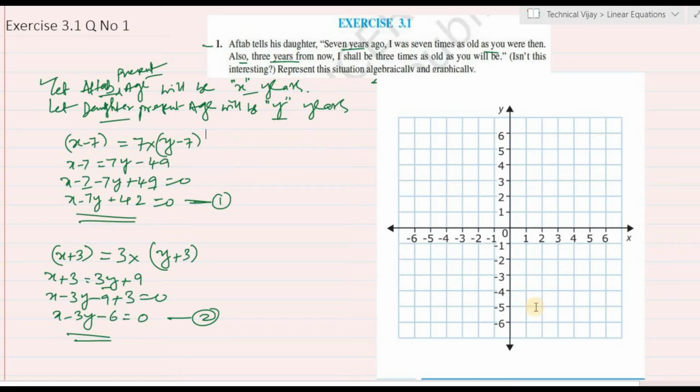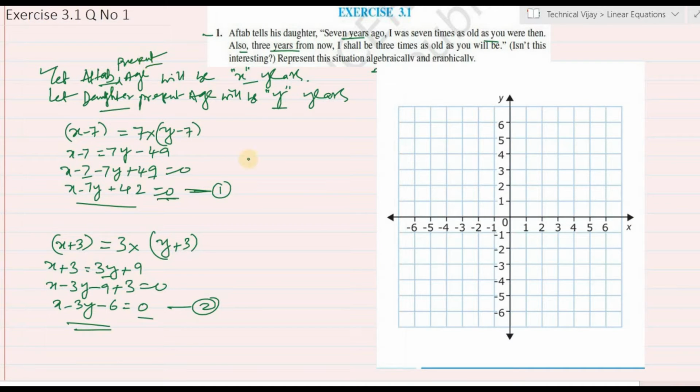So to represent these two equations graphically we have to consider the equations one by one, put x values and get the y values for both equations. Then we have to plot those values on the graph. So we will take this equation first. To find the x and y values from these equations, we have to substitute one of the values as 0 and find the other value in both equations and make a table so that we can plot those values on the graph.